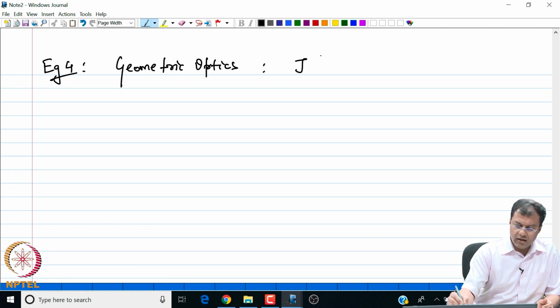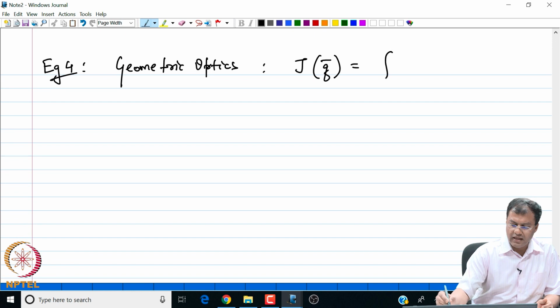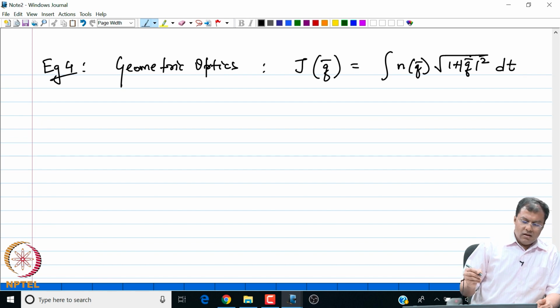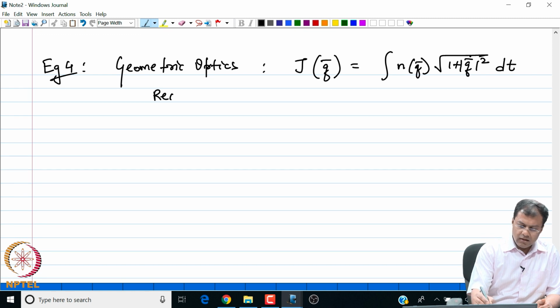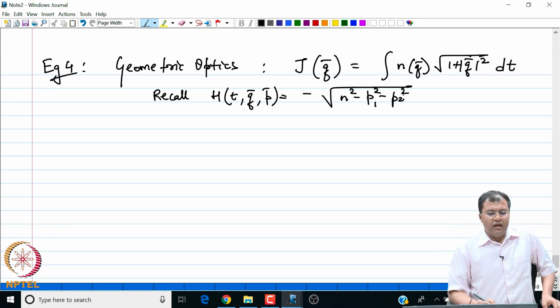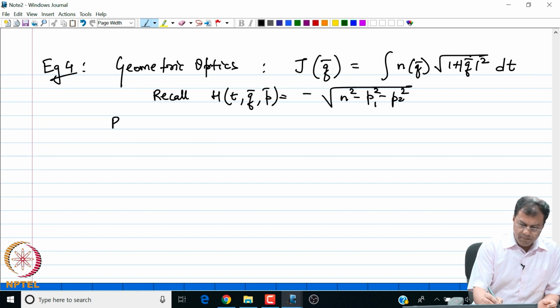Where our functional J of q bar was the integral of n of q bar times the square root of 1 plus q bar dot squared, dt. Okay, so in this example, recall that my Hamiltonian H of t, q bar, p bar is equal to the following function: minus n squared minus p squared minus p1 squared minus p2 squared. That is what we had found in that example, and we are going to replace